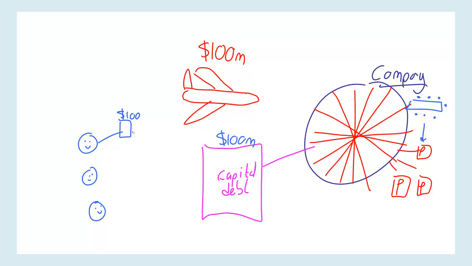This person says, oh, that's a good idea, so I'll buy one of these. I'll give them some money. Now, it doesn't need to be 100. It could be 99, it could be 98, it could be 105, it could be any amount. But imagine they give them some money. That piece of paper will represent 1/1,000,000th of that debt.